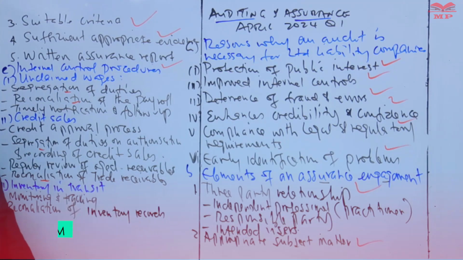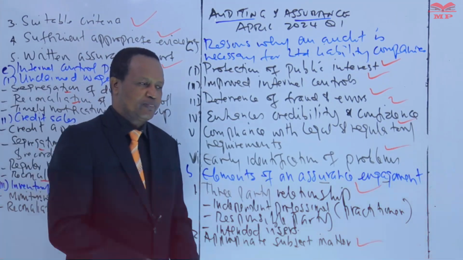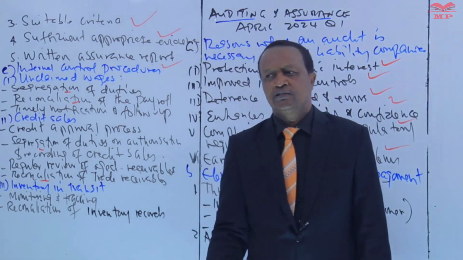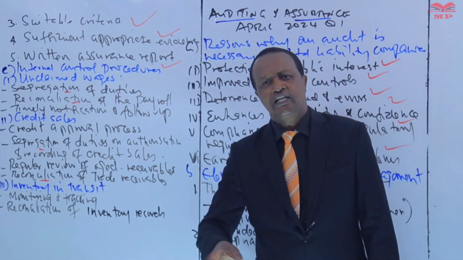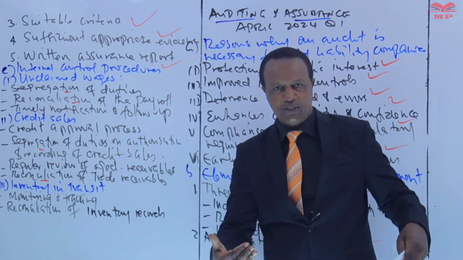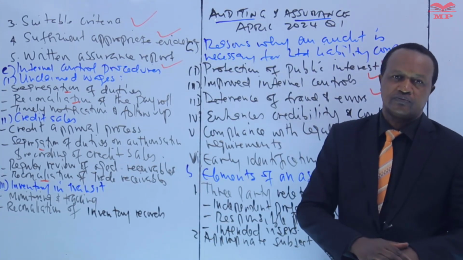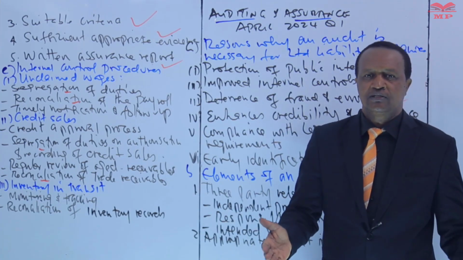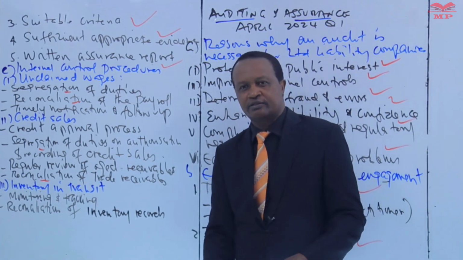Reconciliation of inventory records, because here we are dealing with inventories. Reconcile inventory records with shipping and receiving documents upon arrival, so that if there are any discrepancies, then investigations can happen, so that